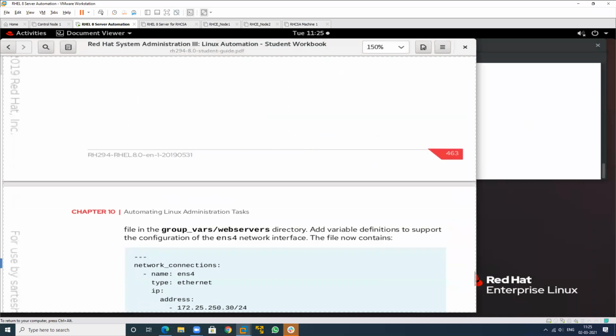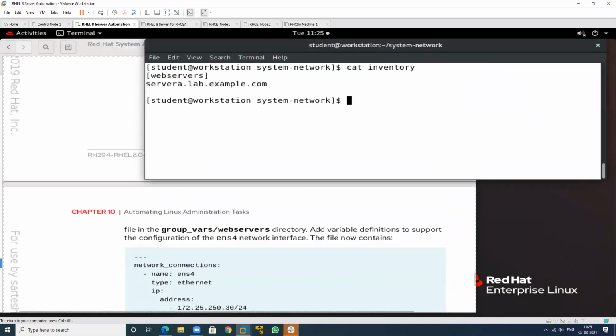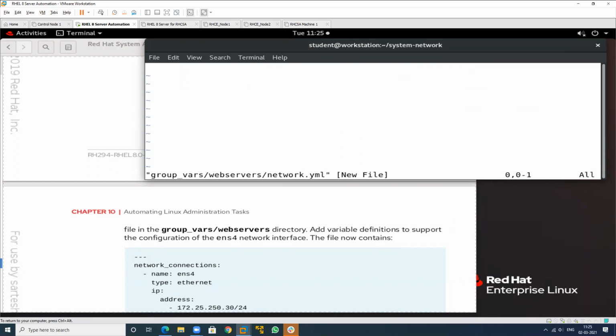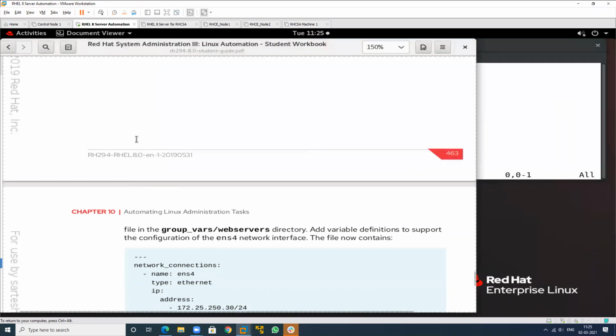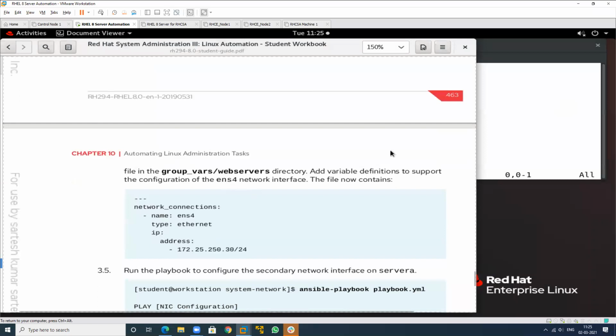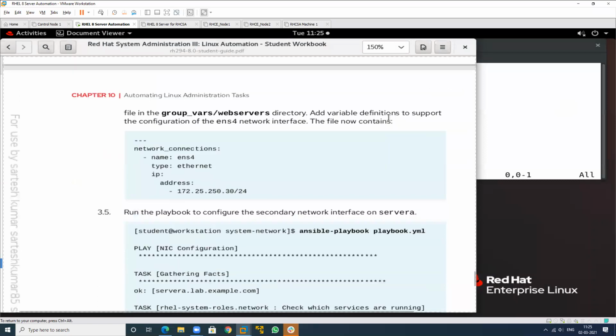So just vim here, and this is the name. If you do not want to apply the YML, you can remove this one also. Without this, it also works. See, here we want to put the values related to the variable. So just arrange this.